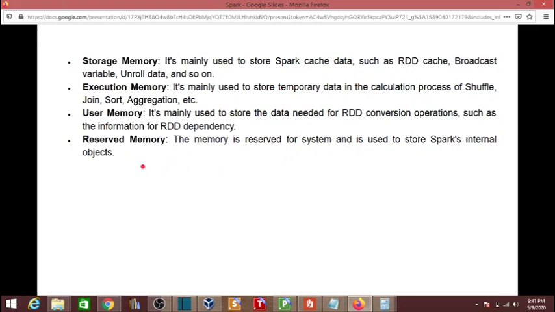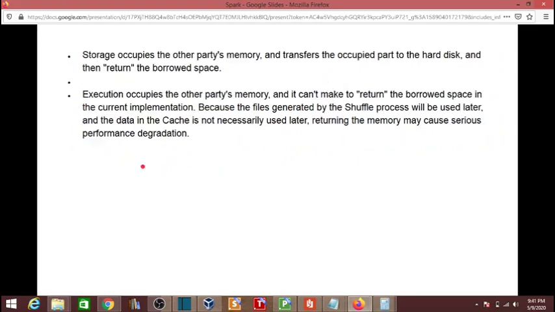Reserved memory is reserved for the system and it is used to store Spark internal objects. Okay, now we talk about the borrowed space. Storage occupies the other party's memory and transfers the occupied part to the hard disk and then returns the borrowed space. Execution occupies the other party's memory and it cannot return the borrowed space in the current implementation, because the file generated by the shuffle process will be used later and the data in the cache is